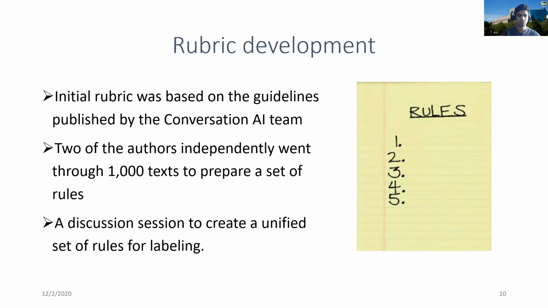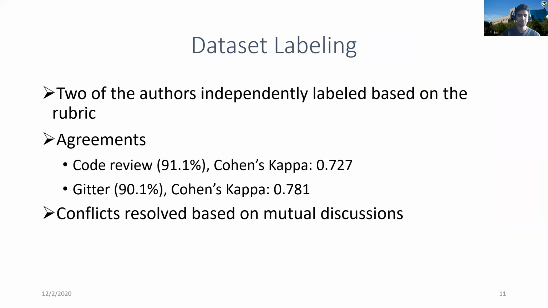Then we focused on rubric development. Our initial rubric was based on guidelines published by the Conversation AI team. Then two of our authors independently evaluated thousands of texts to prepare a set of rules. After that, a discussion session was held to unify all the rules and make a rubric to label the dataset. Then two of our authors independently labeled the dataset based on the rubric, and we found the agreement,